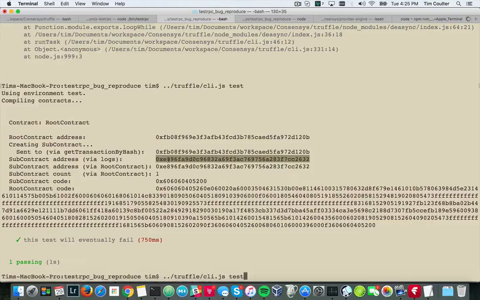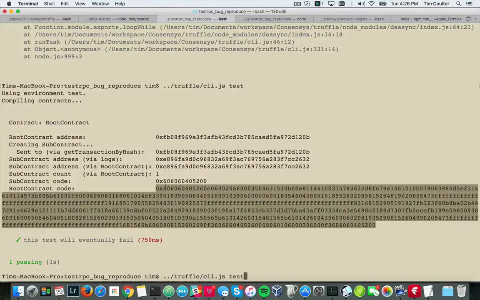It gets the subcontract address via the logs. It gets the subcontract address via the root contract, and this is where the issue is, which I'll get into, is that this was 0, and then this was 0 as well. This verifies that the subcontract has code, and then it verifies that the root contract has code, and the test